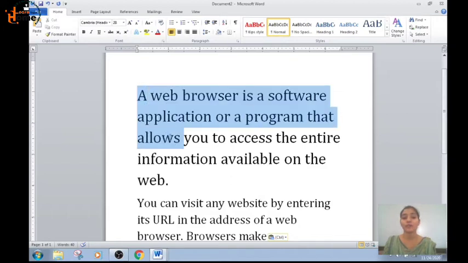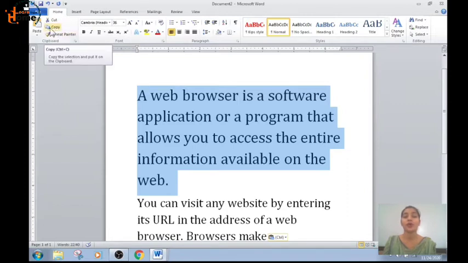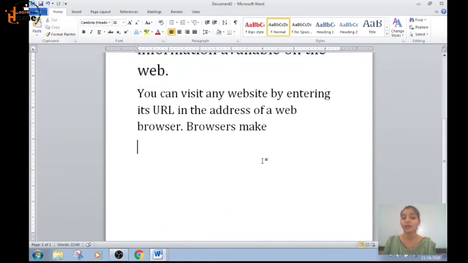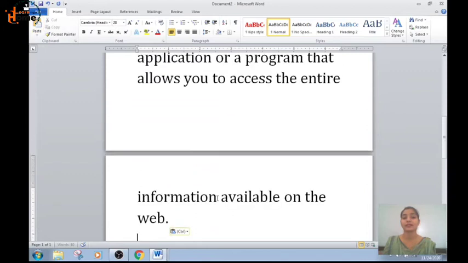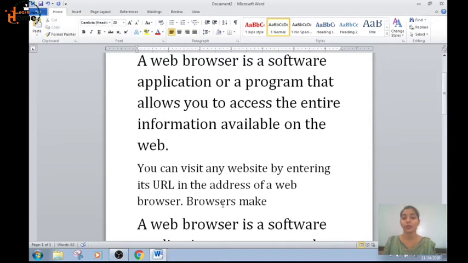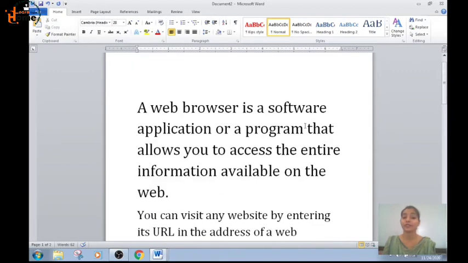You want to copy this text? I want to copy this text. Okay, so I will press here copy. See, this is present in the Home options, in the ribbon, copy. I will copy it. It is copied. Now wherever I want to paste it, I will paste it there. Now I will place my cursor there and I will press paste. See, it's pasted. Okay, and it is present on this place also, from where I have copied it, it is present here.